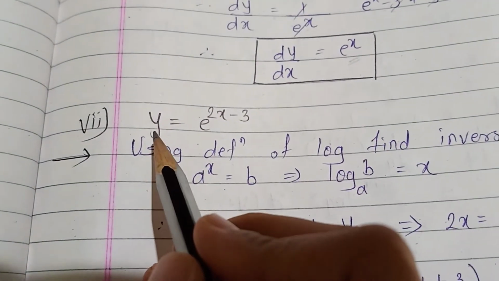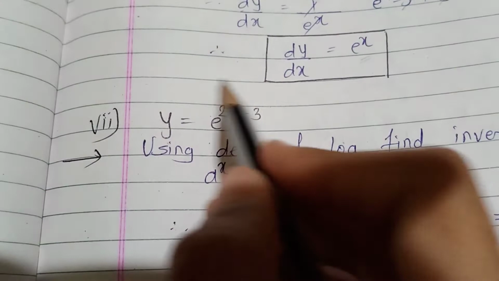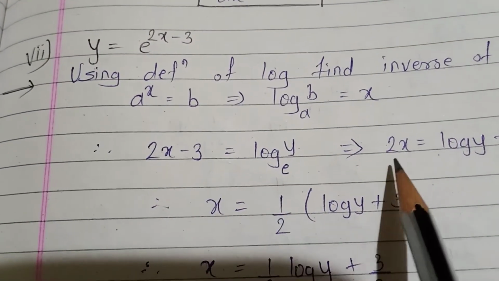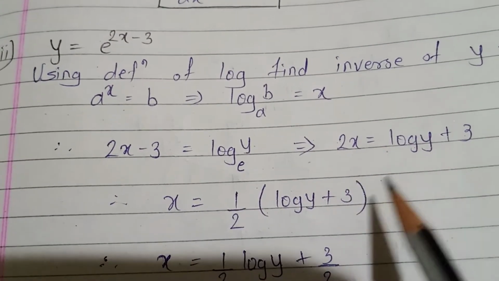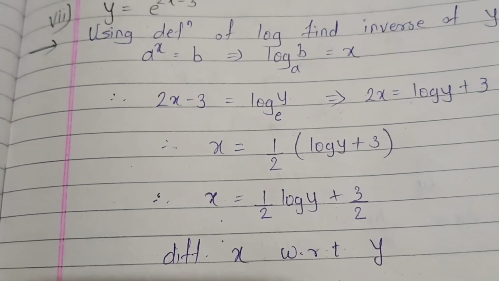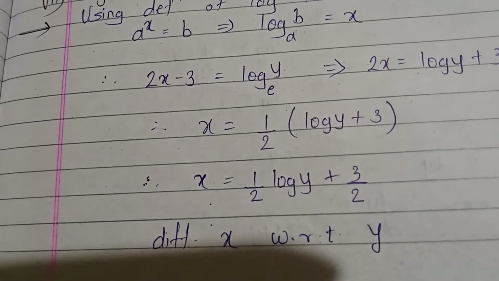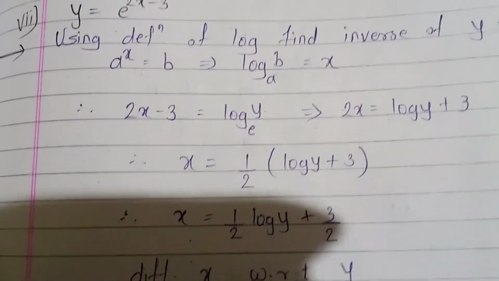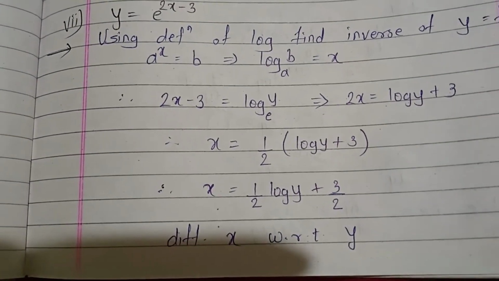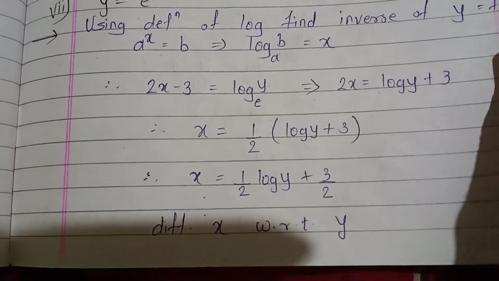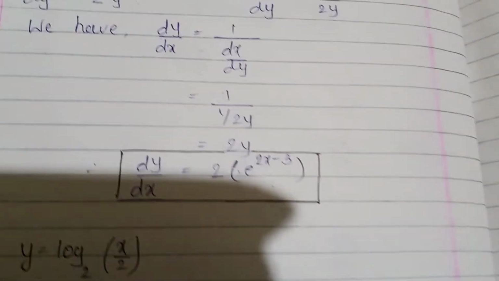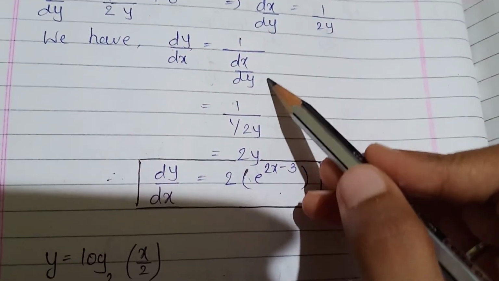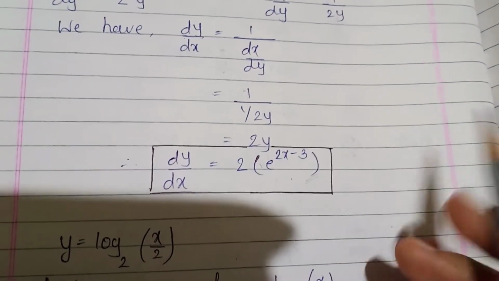Again this is of the same form, e raised to x is equal to e raised to something is equal to y. So first, using the logarithmic definition, you have to find the function in x in the form of y. This also I left as homework, meaning I've solved it here, but you have to try first, okay, and you can check it out in this video. A similar question it is, you will get an answer of this form.